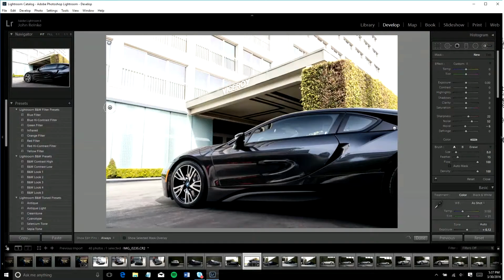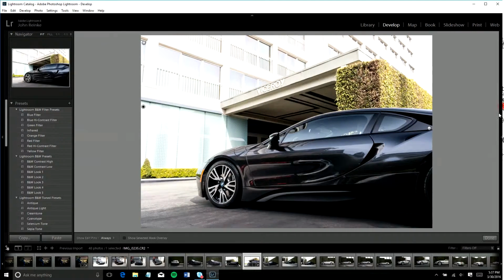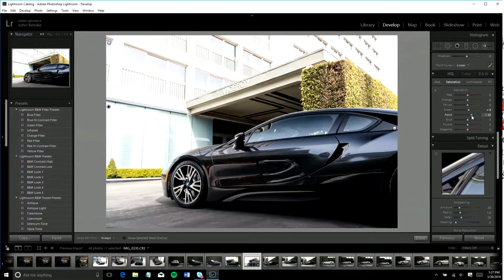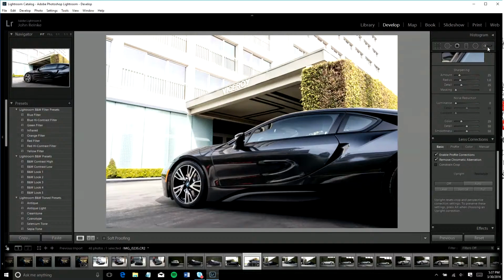So then the next part I'm going to do is play with the saturation and the coloring on this wall. But first of all, I'm actually going to do the same thing as I just did, with the aqua, because that's about the right color. Really bump up the saturation and the blues. Actually, no, I'm not, because that really plays with the color here on the car. I'm going to do what I thought first. Okay, so we'll go to the